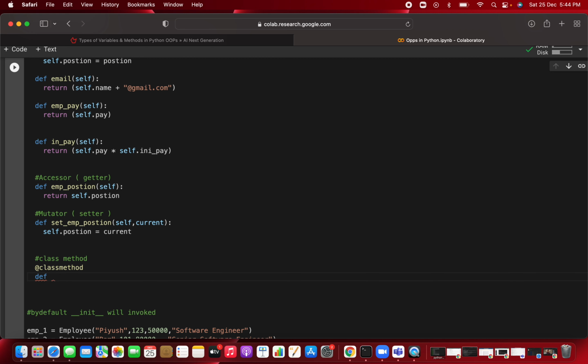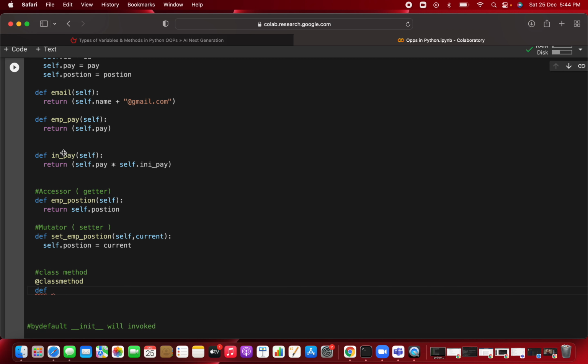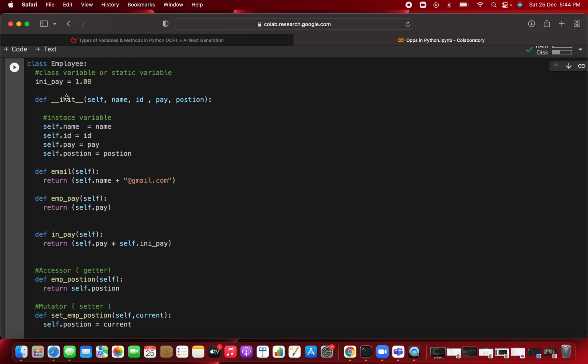In the increment pay, which we have already gone through, if you want to change this init pay from 1.04 to 1.10 for every employee, you create one method that accepts the class variable, because you already know that init underscore pay is a class variable, handled by a class method.